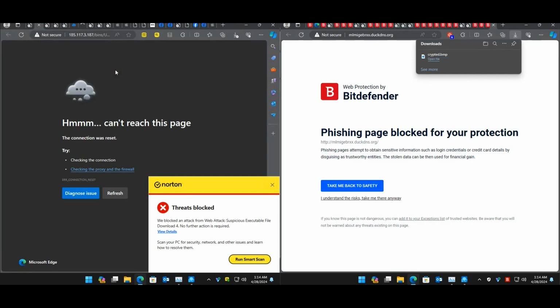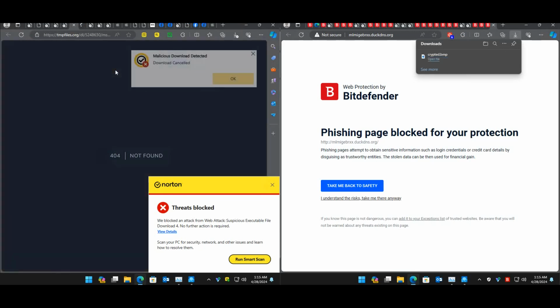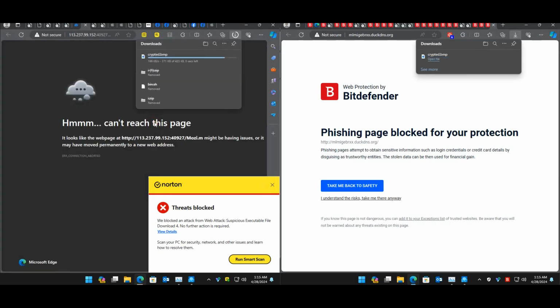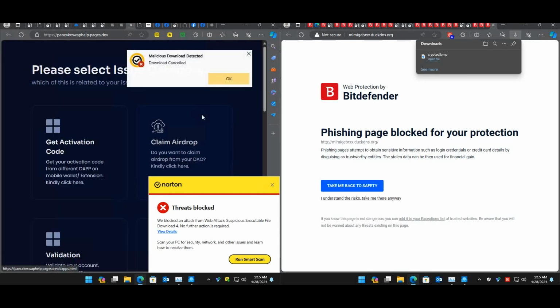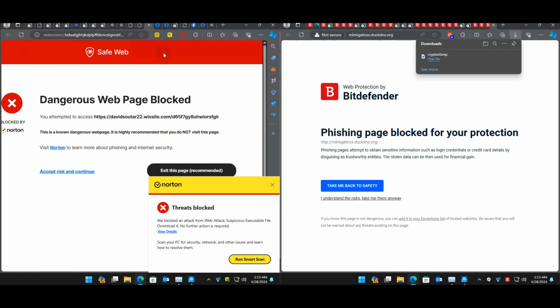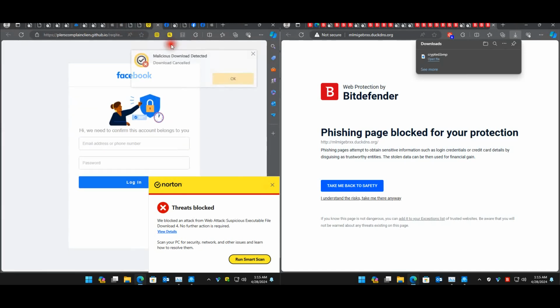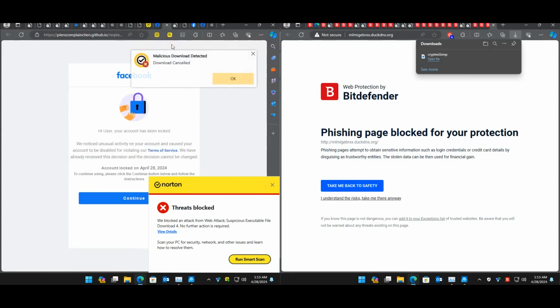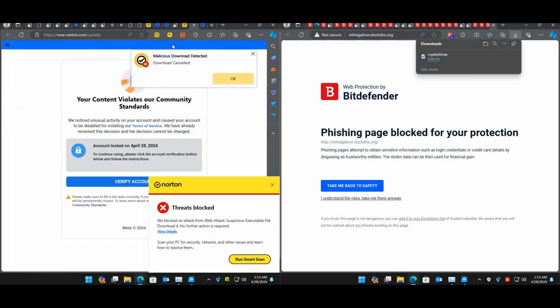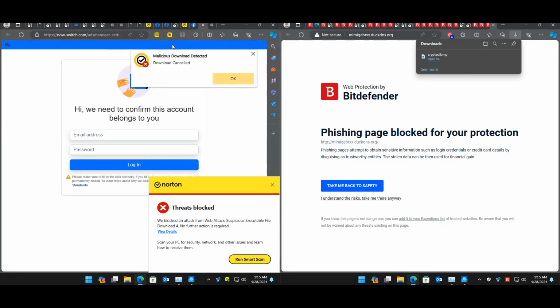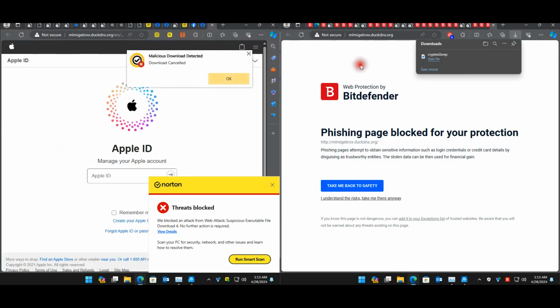Okay, so it seems like Norton is done. I think we can hop over. That's not found, so we won't count that one. That one didn't load. So these are the same ones that we saw that opened up in the previous test as well. So we've got 3 there, 4, 5. Okay, so 4. Still not blocked. 4, 5, 6. Okay, so we have 6, 7 sites, 8 sites on Norton, 9 sites on Norton.